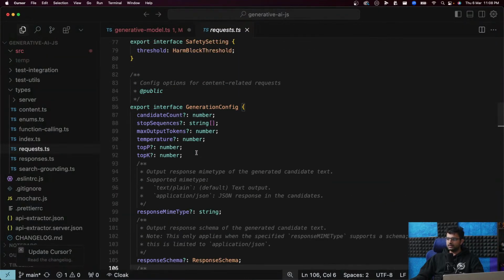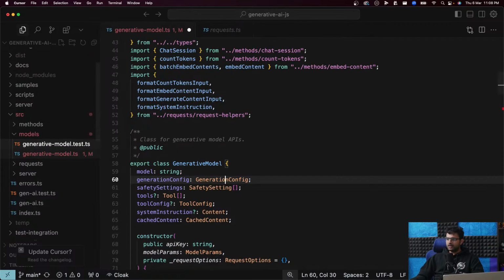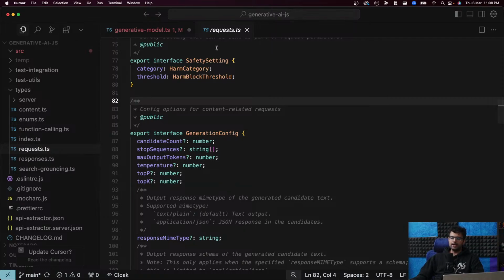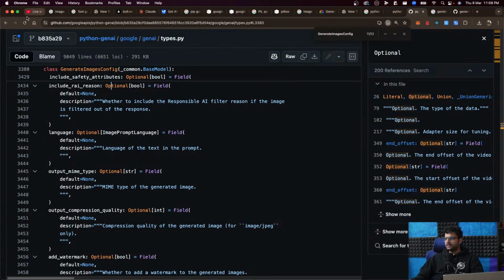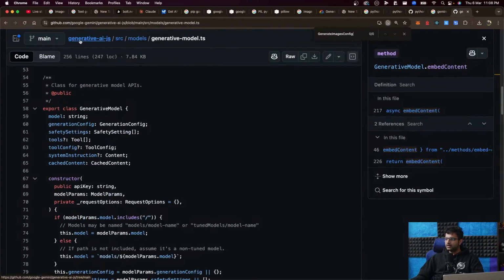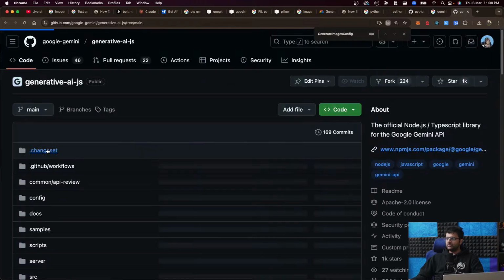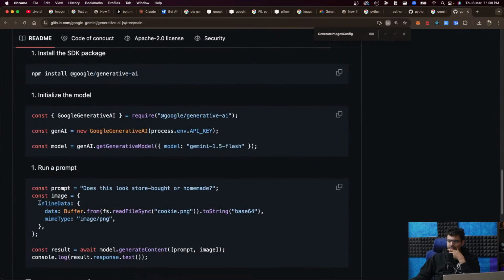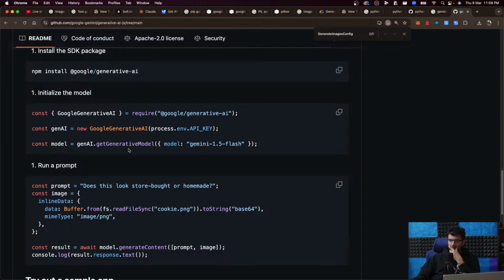Let's create a separate class called image generative models.ts, add different types over there, and expect the user to clearly specify up front, whenever they are using the JavaScript SDK, whether they want to use an image model or a text model. They can call get generative image model in case they want an image model, and in case they want a text model, they can use get generative model. Is this understood? There are two things you can do over here.